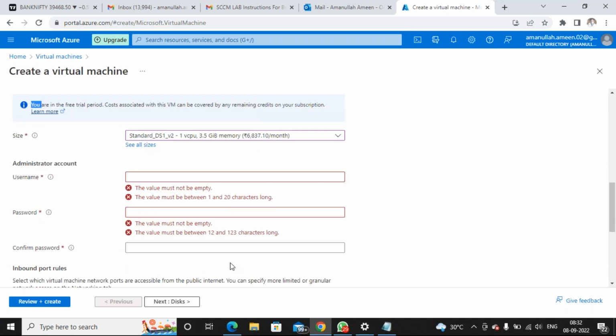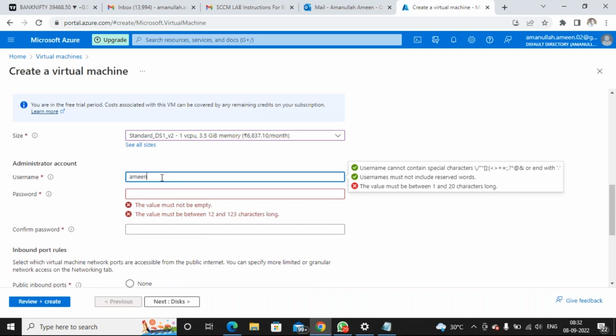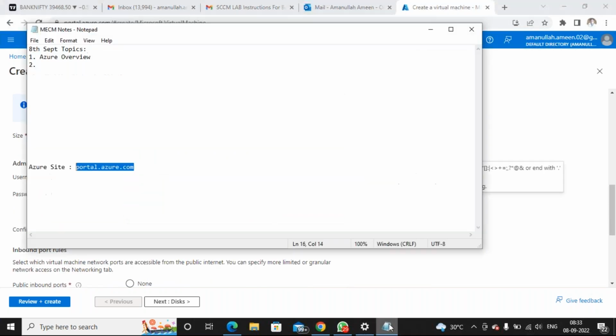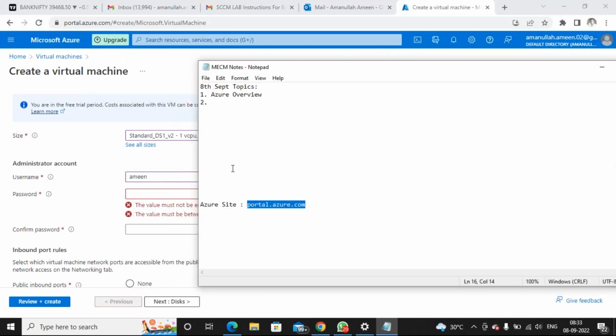Then you have the username and password option. Here you can type in your username. For example, your username is Amin. You put your name there. Everyone put your name there. So VM, virtual machine user ID and password. Okay, so the user ID is what? Amin,